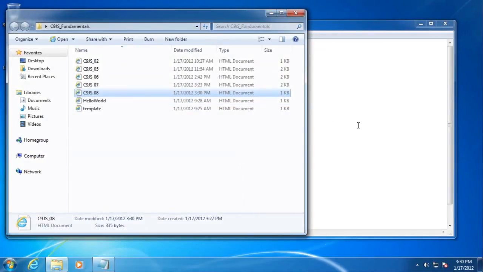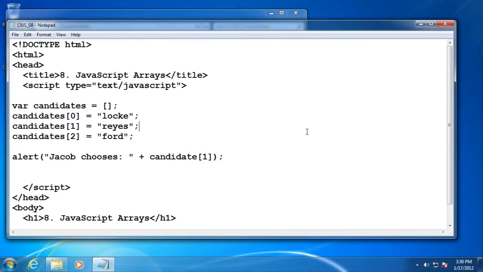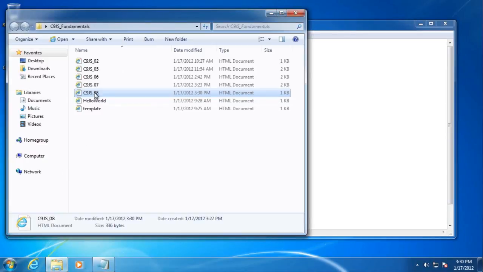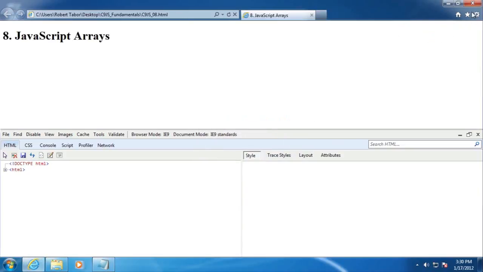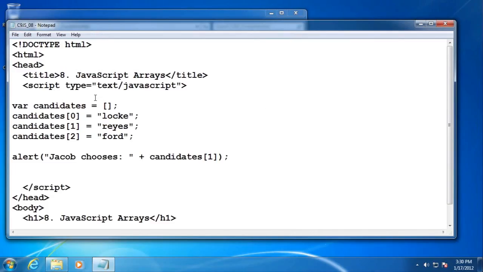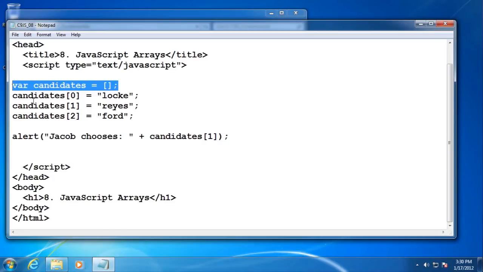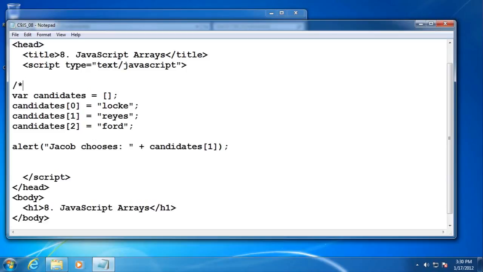All right, let's take a look at our code here. And it should be candidates, not candidate. And let's try it again. There we go. All right, so that's how we define an array. That's how we access each element of the array through its indexes using square brackets all the way. All right, so let's comment out all of this,